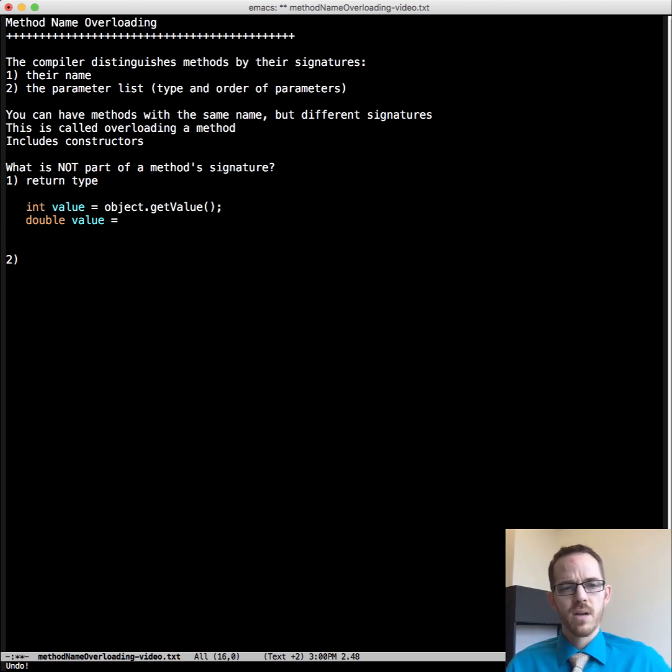Let's say we have a get value method in some object ref that we're calling from some class, and we assign it to an integer. Well, what if we also were trying to call get value but assign it to a double, and we had different meanings and wanted different values? The compiler doesn't know which method to call in Java. There are other languages that figure it out, but in Java the compiler doesn't know which of these it is to be able to determine the difference.